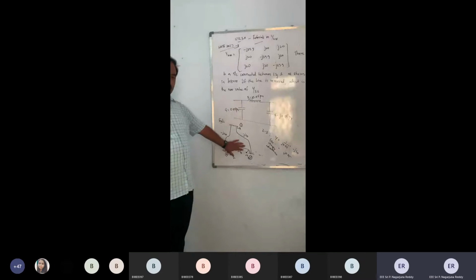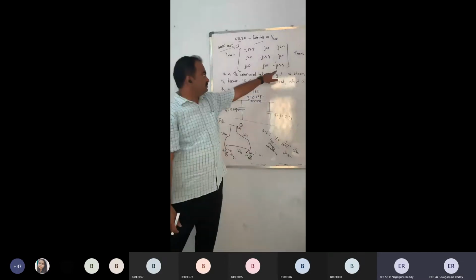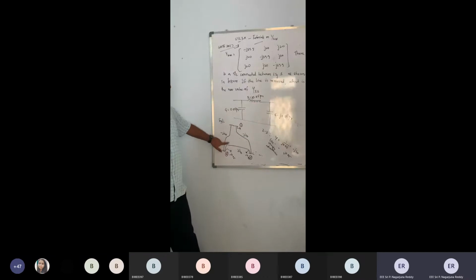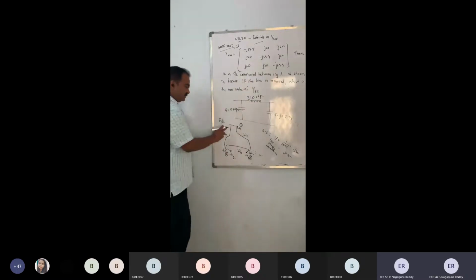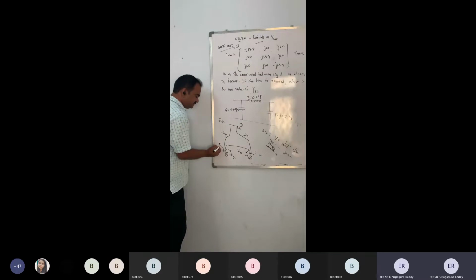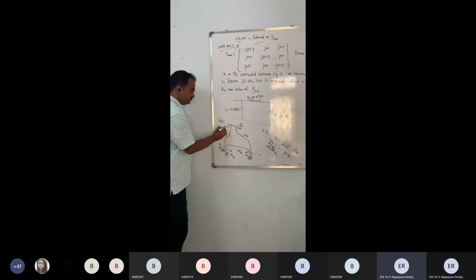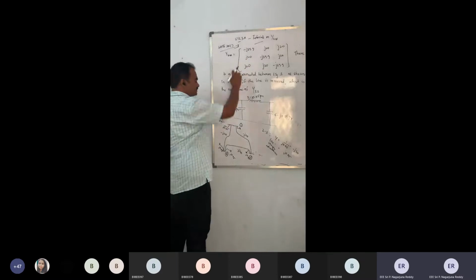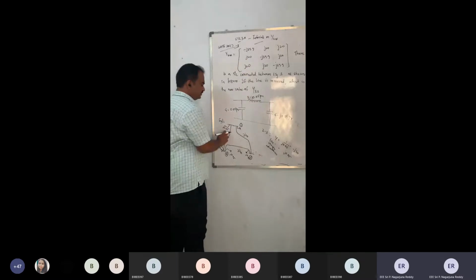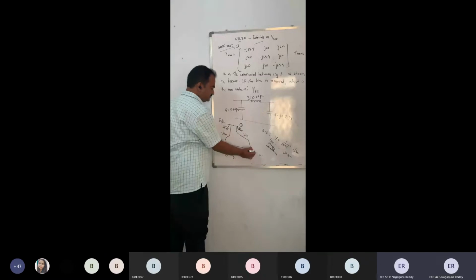Now I have got information on this. Now I will check whether my Y33 is satisfied or not. Is Y33 satisfied with this one? Minus J20 minus J20 is minus J40. Additionally plus J0.05. Am I getting this value? No, I am not getting this value, which means that this line also has line charging admittances. Similarly, I'll check now Y11. Is it satisfied? Not satisfied, which means that this line is also having line charging admittance.